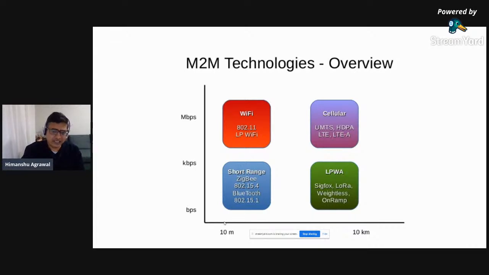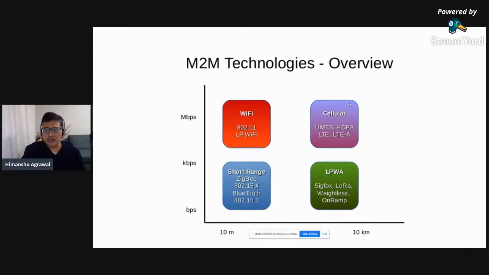So 10 to 100 meters is a typical range in which you can use Zigbee and Bluetooth. Now, if you're looking for a higher data rate, you can see here Wi-Fi is a most preferred candidate, right? It can provide you a data rate in excess of 54 Mbps with new Wi-Fi standards, right?